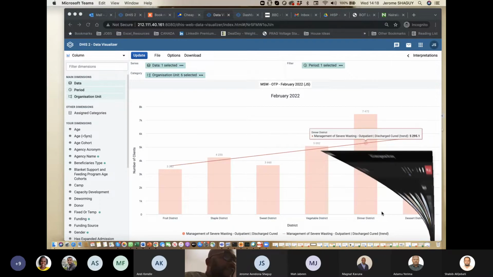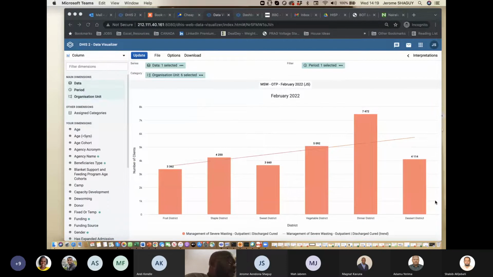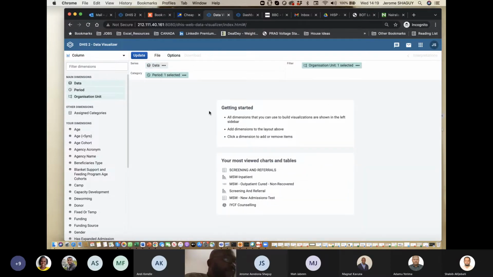There's a question here: how time consuming is it to program it for other purposes? Well, not too time consuming. Once you've designed the tools, it should be quite straightforward to set up. Okay, so let's quickly do one more visual, and then we can do one map and finish our dashboard. So let's go to File, New,